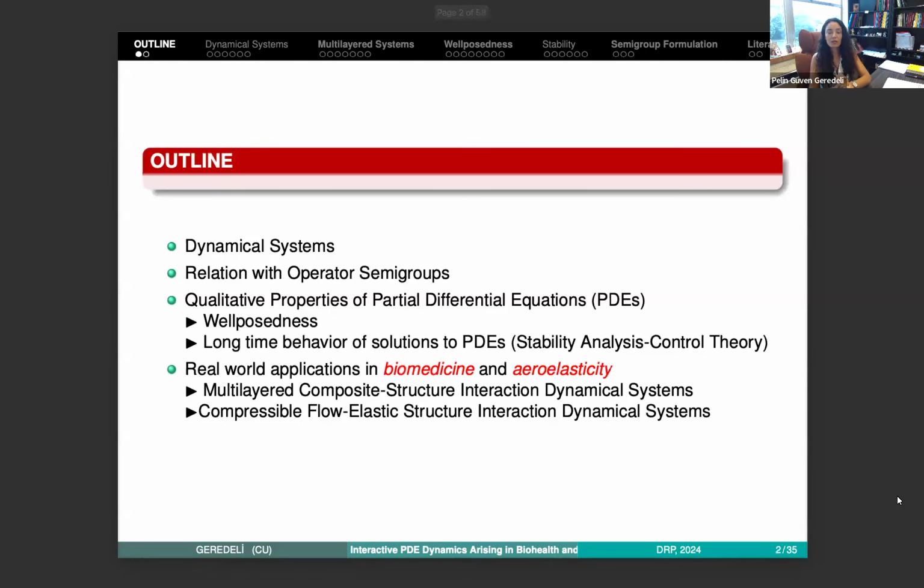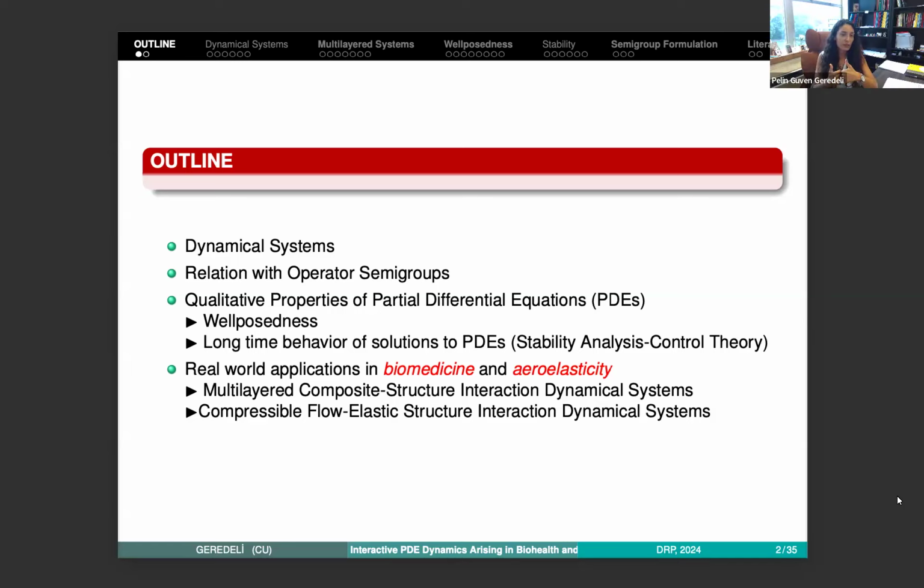Okay, so let me start with the outline, what I will talk about. Since we talk about the partial differential equations, of course, we call them dynamical systems. So I will explain why we say dynamical system for these equations, and what kind of dynamical system we expect. And then